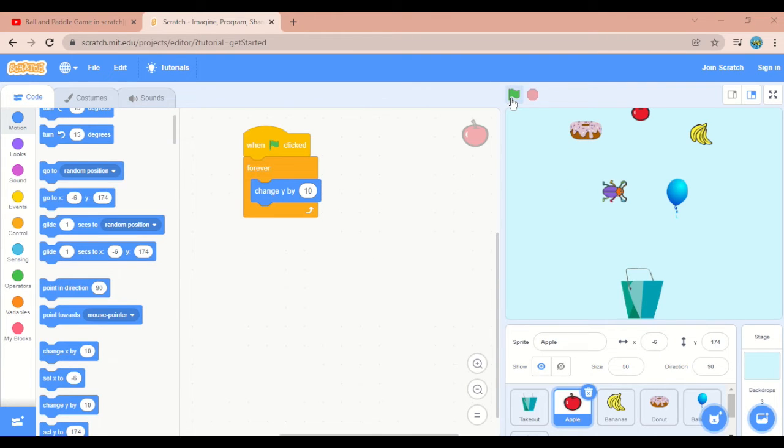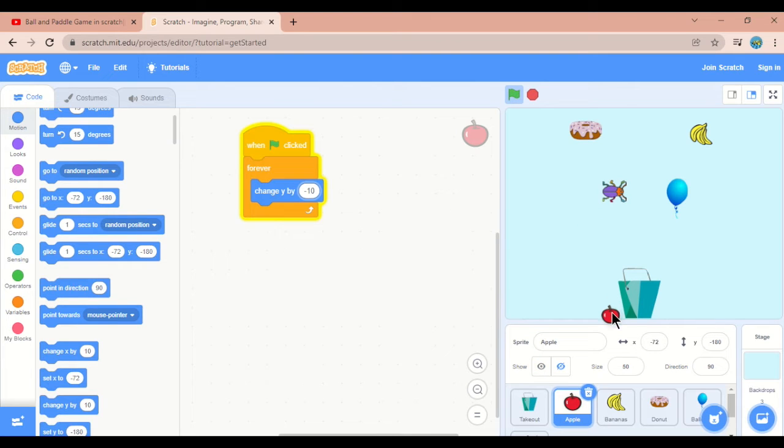Now let us click this flag and see what happens. See, this apple is not moving, right? Why? Because we have given change y by 10, so it should move down. So we will give minus 10. Now when I click this flag, yes, it's moving down, but when it reaches here, it stopped. What we want to do is repeat this.